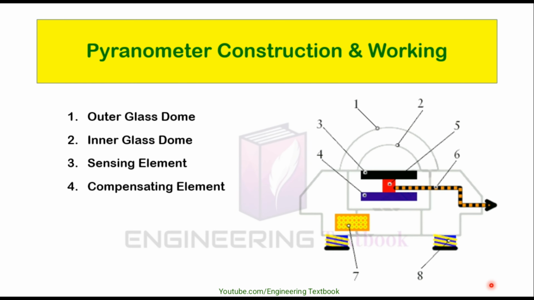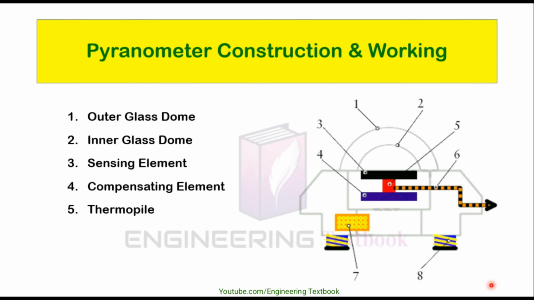Fourth element is the compensating element. It is also known as the control disk, and acts as a comparison element or compensating element. Any source of temperature rise other than solar heat will warm both disks equally. So we can be reasonably confident that the difference between the two disks, and the temperature rise we are measuring, is caused only by the sun and not by any other source.